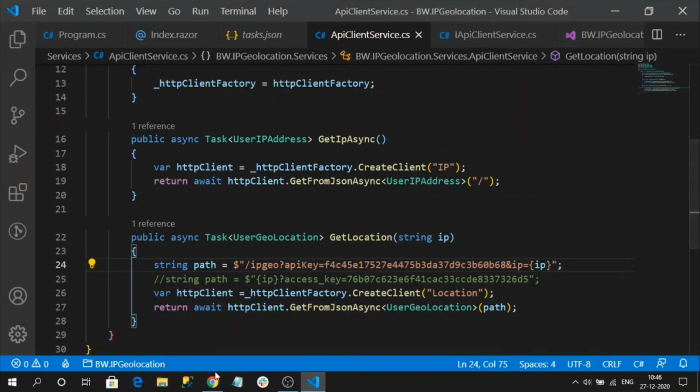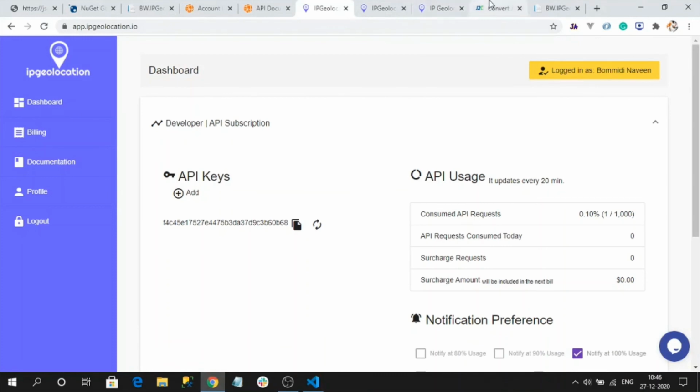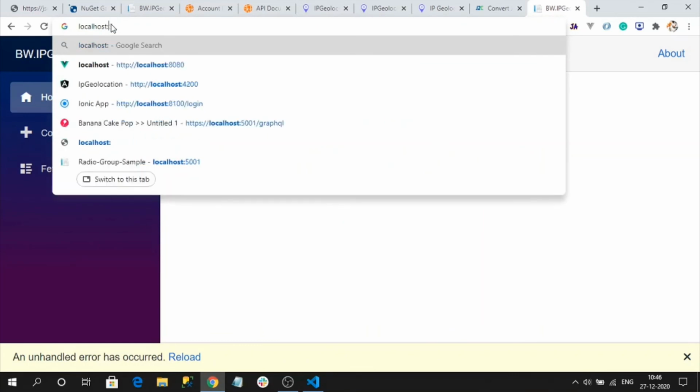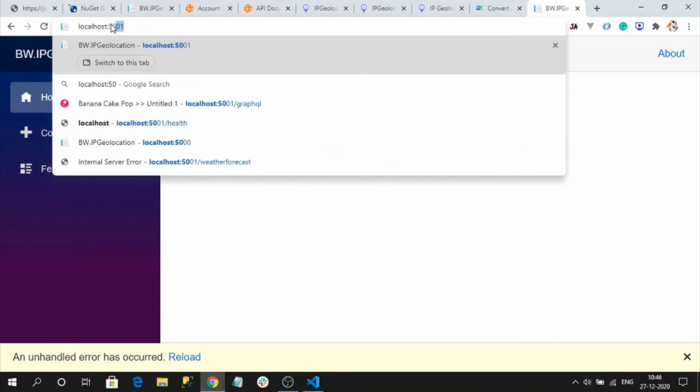And now let's check with our local HTTPS domain itself. Okay, obviously we will get an error because I am giving the wrong payload, right? The previous payload. Localhost 501.